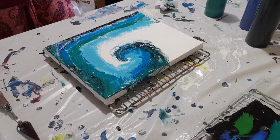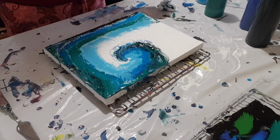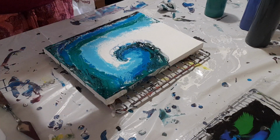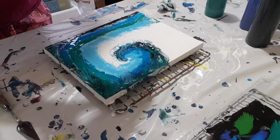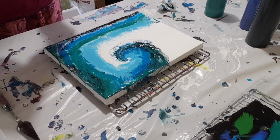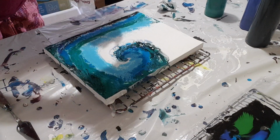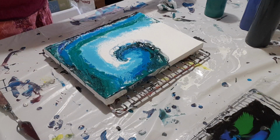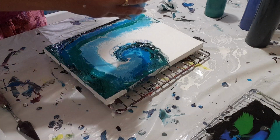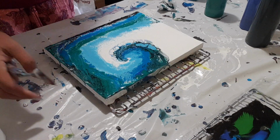Okay. What is missing there? Something looks like it's missing here. Let me pour a little bit of this. Right. Okay, I don't run out of my paint. I think that's enough. Now I do